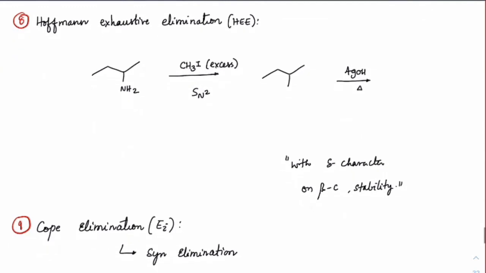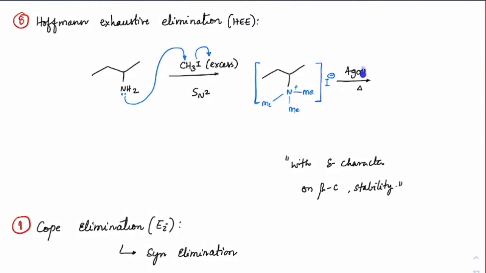Okay. These are all repetitive reactions which you have seen earlier. Hofmann exhaustive elimination: basically, if you have any amine, the lone pair present on the amine will keep on attacking alkyl halides till it becomes a quaternary ammonium salt. As long as you provide excess, it will go through the SN2 mechanism and you will get this quaternary ammonium salt plus I minus. This is what you will get.